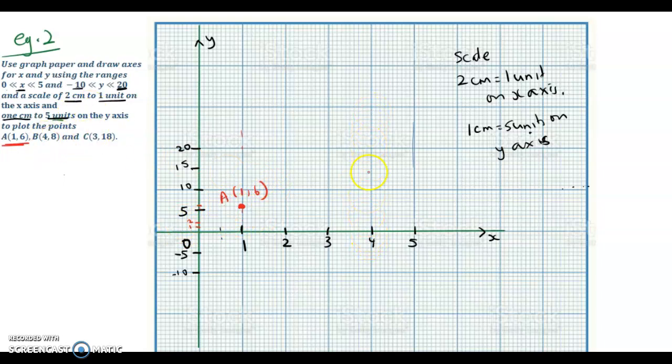4 again on the x-axis is this long line here, and 8 will be 2 lines below 10, right? Because we're counting in ones like this, like 1, 2, 3, 4, 5, 6, 7, 8, 10, and so on. So B will be (4, 8) like that. And lastly, C is (3, 18). So that'll be 3 here. And 18 will be again 2 lines below 20. So right there. Now, if you end up going on the wrong line, that could mess up your whole graph,